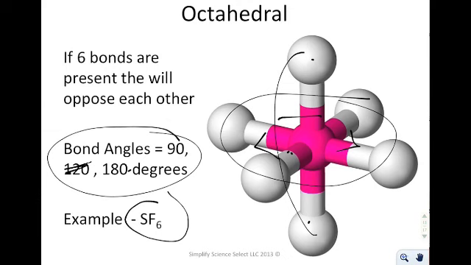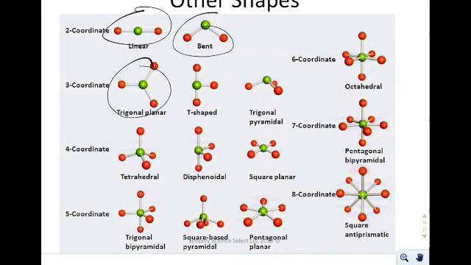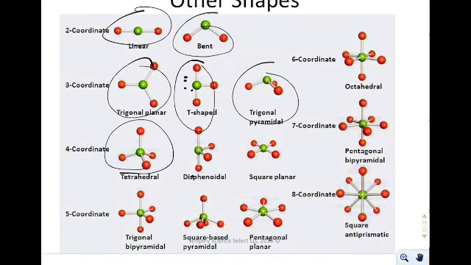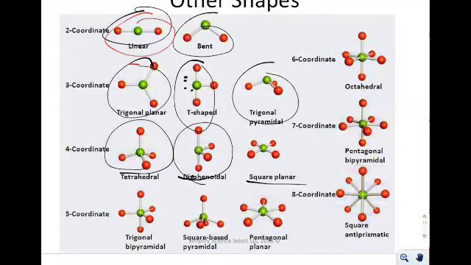You have lots of other shapes that you can form depending on the relationship between lone pairs and number of bonds. So we've seen the main ones: linear and bent, trigonal planar, and trigonal bipyramidal. You can also get something called a T shape if you have 2 lone pairs, although that is not as common. You can have a tetrahedral. You can have a tetrahedral that has lone pairs. You can have square planar. But the main ones that we were talking about are still linear, trigonal planar, tetrahedral, trigonal bipyramidal,